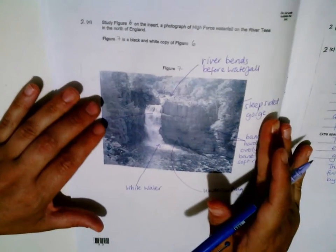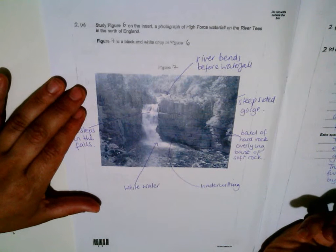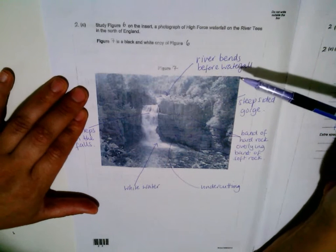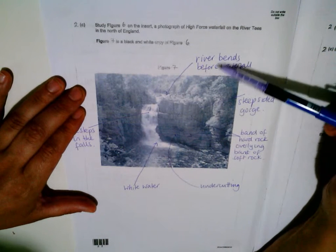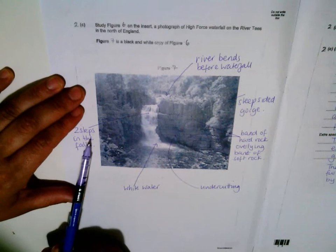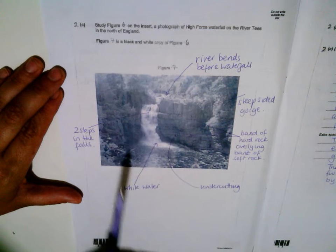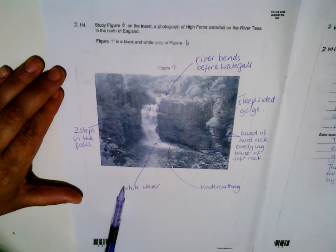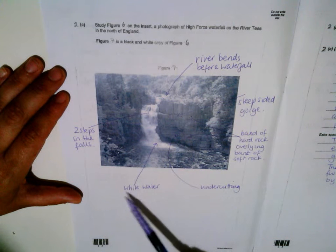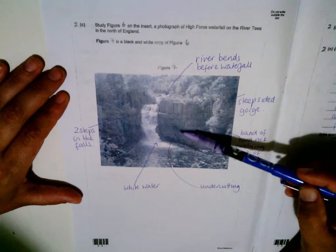In this question, you were asked to label features of the waterfall. Some of these could be really simple ones, like the way that the river is bending before it gets to the waterfall. That actually there are 2 steps to this waterfall, that it goes down in 2 parts. White water, not fast flowing water, because we can't see that, although we know it is, we can see that it's white water. You can point out here the undercutting,